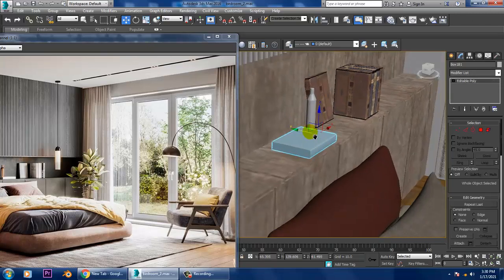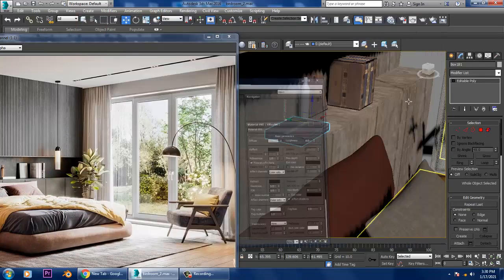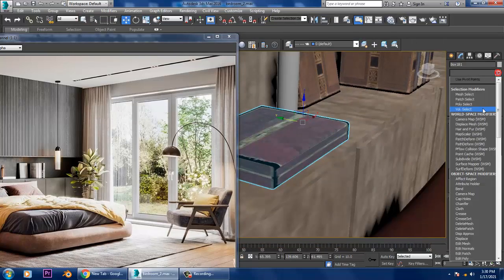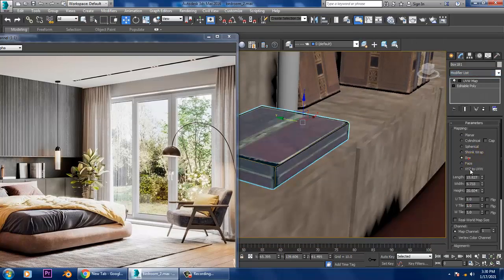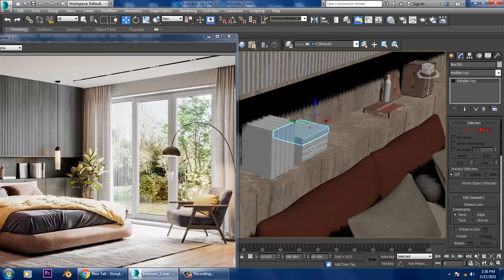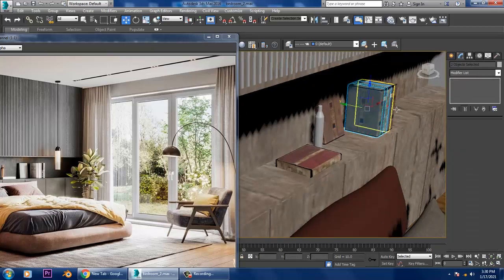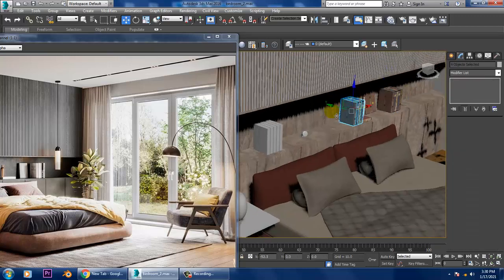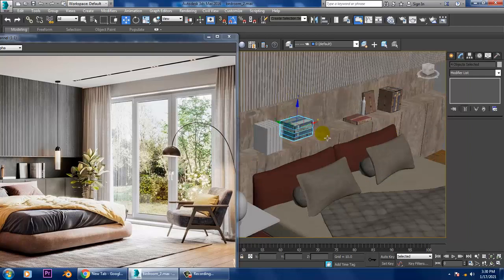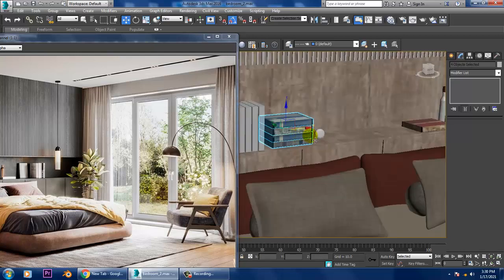Select this, go into material and let's assign this UVW map, set it as a box over here in this way. Now I'll select these 4 books, copy them and rotate them in this 90° over here.